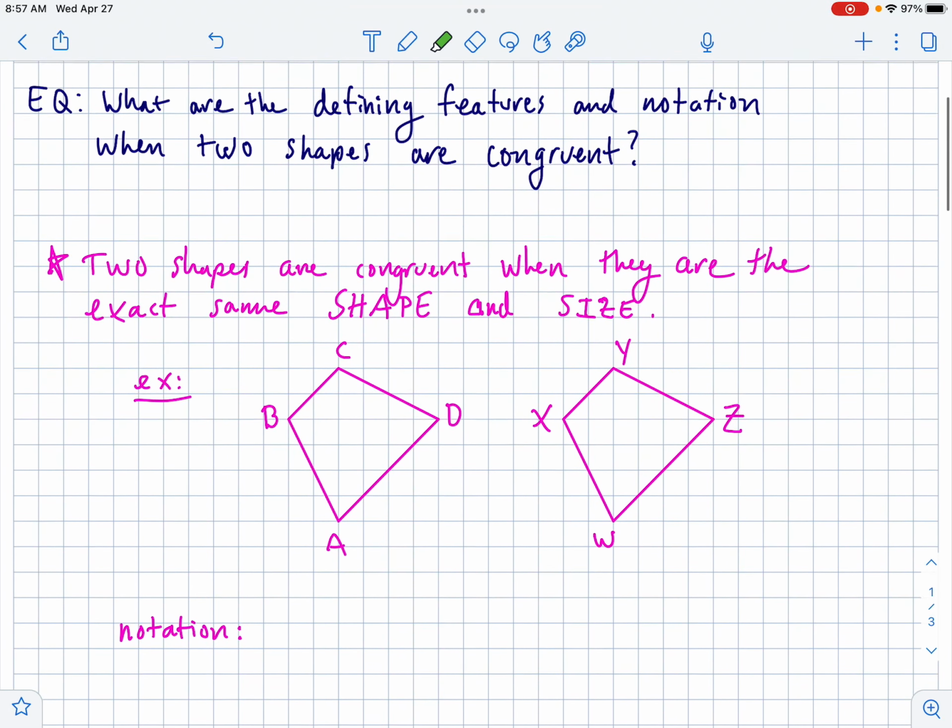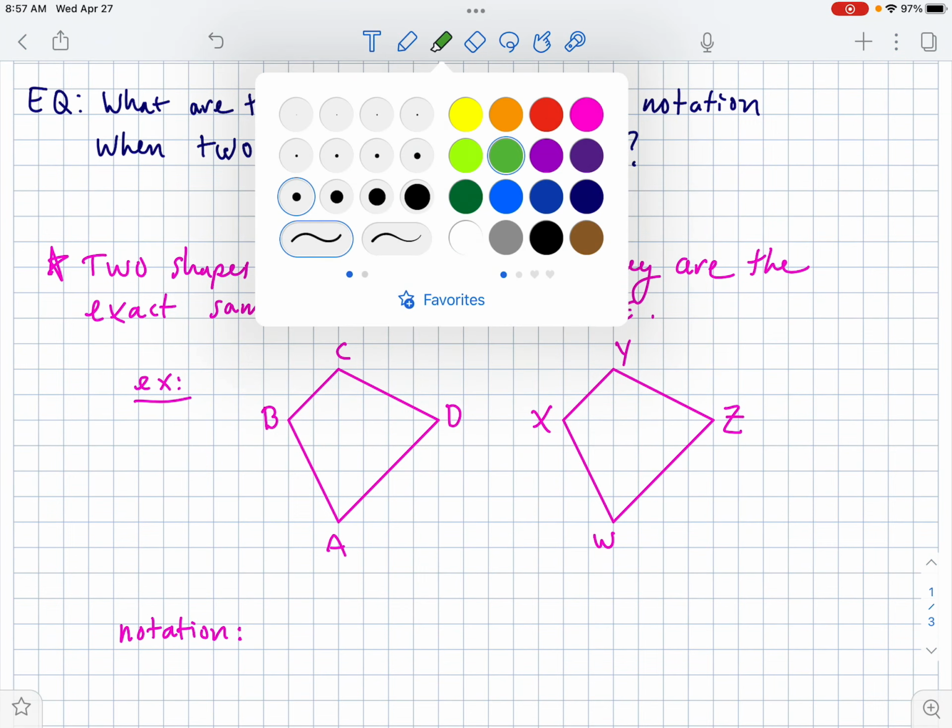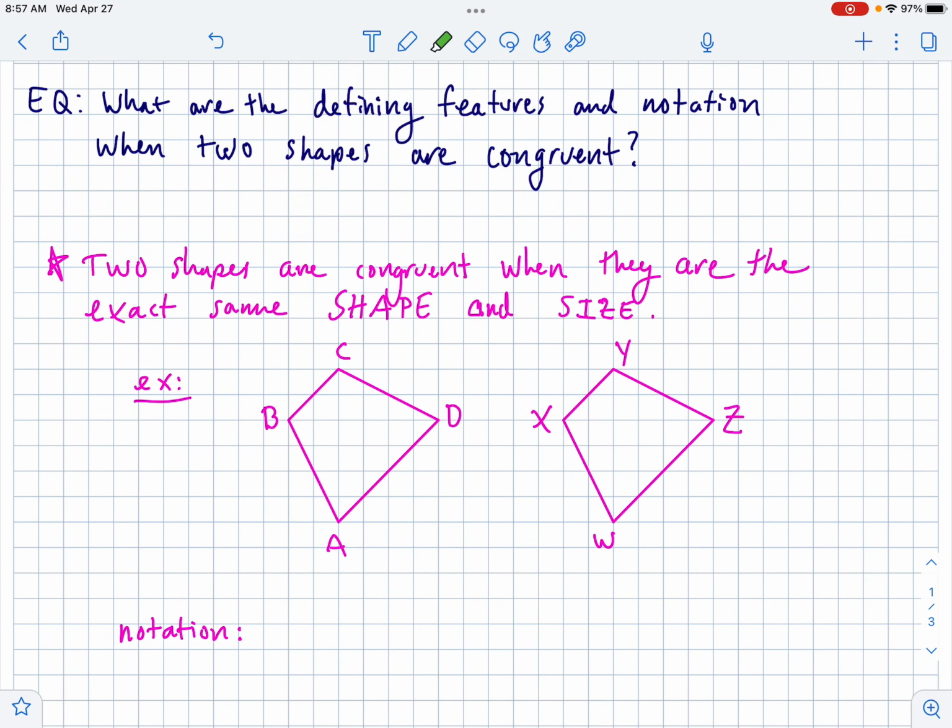First up, the definition. Two shapes are congruent when they are the exact same shape and size. This also means that every single part of the two shapes will be congruent to every other corresponding part. Here's what I mean by that. I've drawn these two trapezoids next to each other, and they're the exact same shape and size, and they're oriented the same way, which means